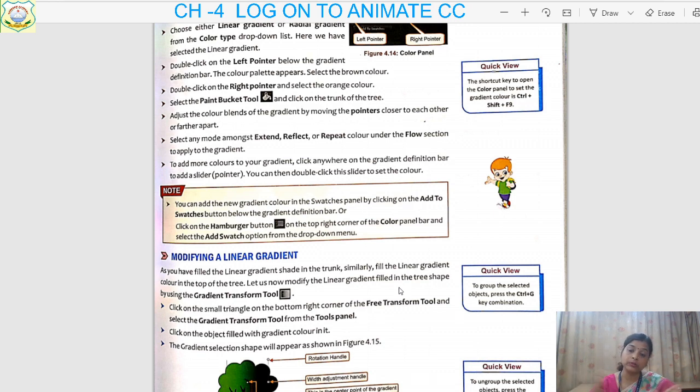Now the objects are different objects, they are not the same object. If you group them, the different objects can be treated as a single object. If you ungroup them, then if there are 4 objects, they will be treated as 4 individual objects, not a single object.